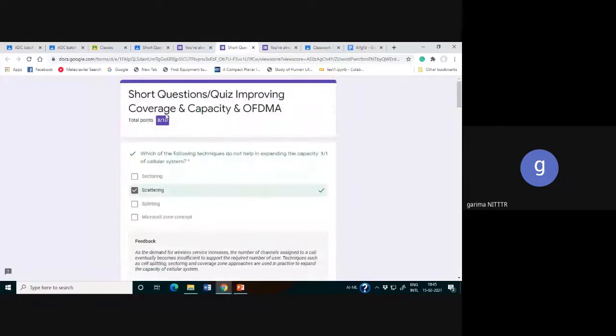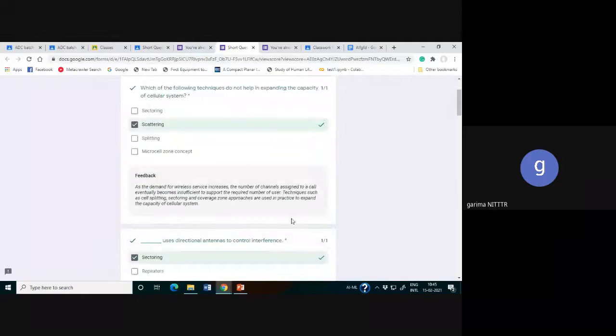While creating that, I marked the answers. Obviously, it's a quiz, so I marked the right answer, and I also provided feedback for that answer. Whenever they click on an answer, whether it is right or wrong, it is up to you whether you want to give them information when they click the wrong answer, or just give information related to that topic. I have chosen that whether they click the right answer or wrong answer, they'll get the feedback.